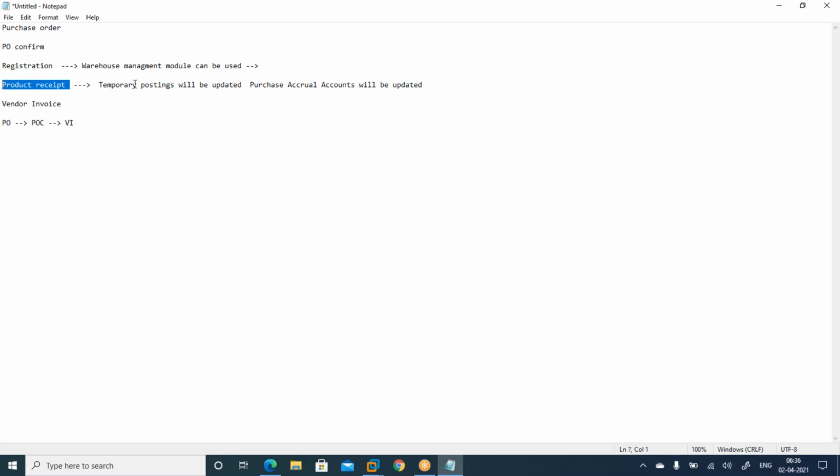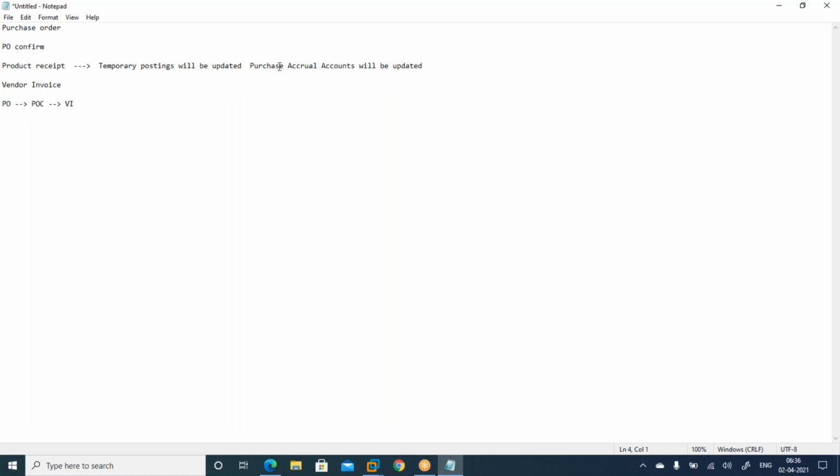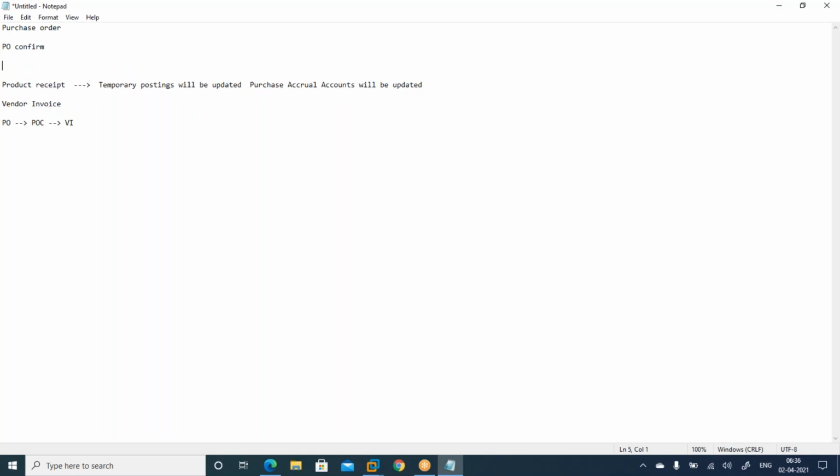In 99% of scenarios, you may not want it. If your organization is a very small organization, like a small building kind of thing, I can skip it. I can directly take the material from the truck and put it in my warehouse. I can use this directly. That is the scenario. If it is a very large organization, like Walmart nowadays, they want to